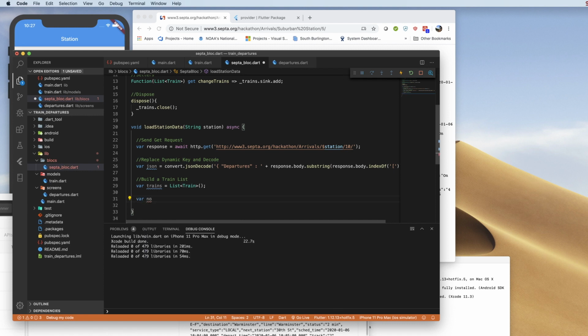And so here I'm going to create a var called north. And this is where we traverse the data to where we actually want to be. So I now have a departures key. I can count on that. After that,